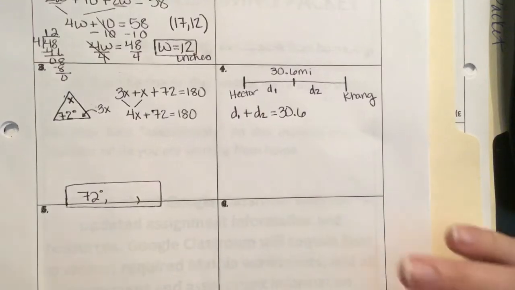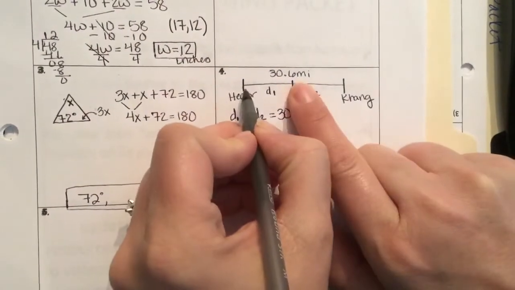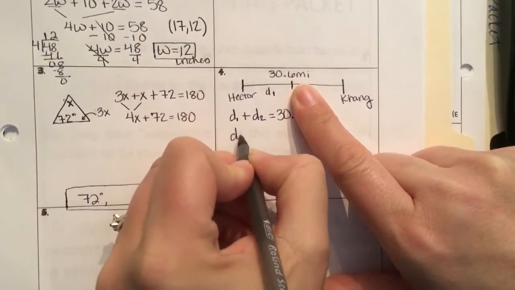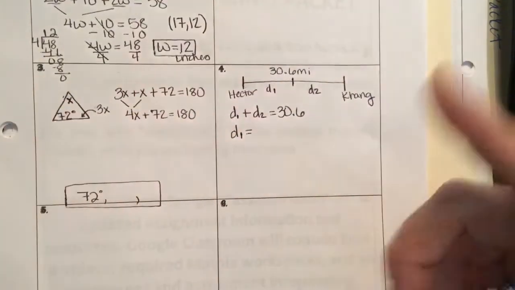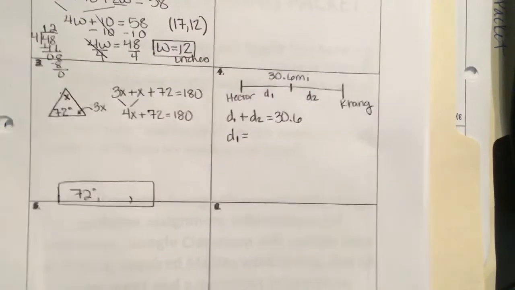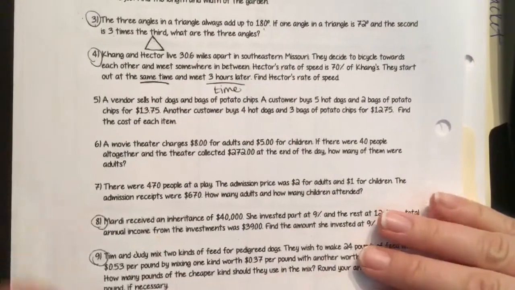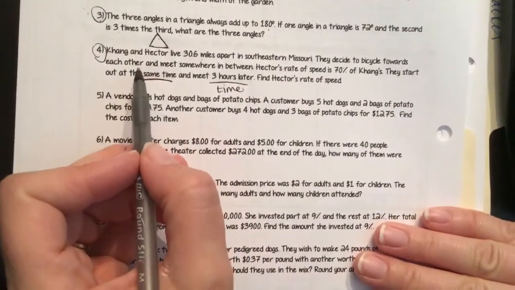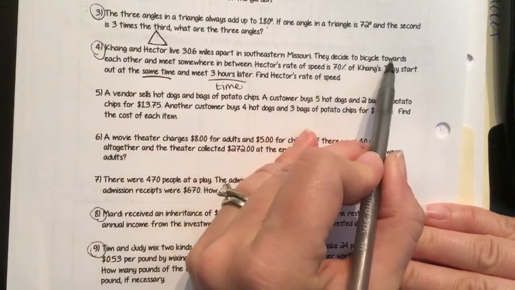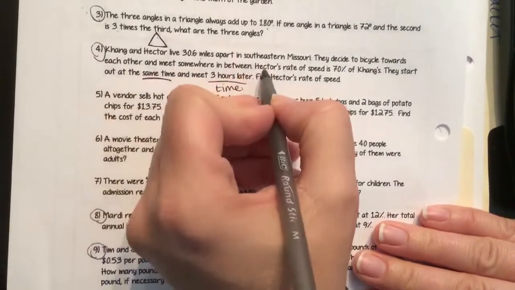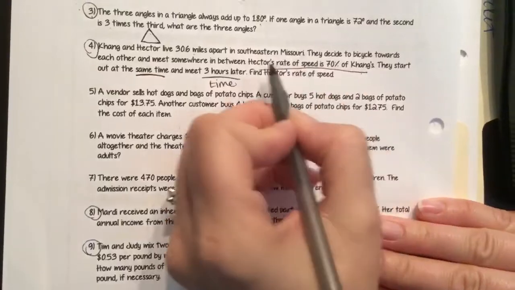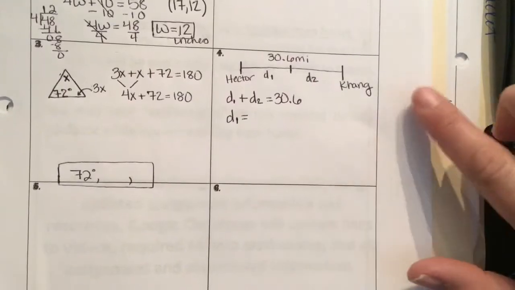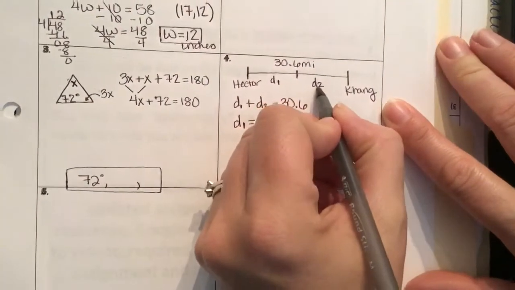So I'm going to go ahead and write that down. So this distance that Hector covers, right, his distance, distance 1, is going to equal his rate times time. Let me go back because I don't know, was it King's or Hector's that was 70%? So you always have to go back and reread. All right, let's see. They decide to bicycle towards each other and meet somewhere in between. Hector's rate of speed is 70% of King's. Okay, so whatever King's is, Hector's is 70% of that. So we're going to let King be the variable r. So I'm going to go ahead and do his distance first. So distance 2